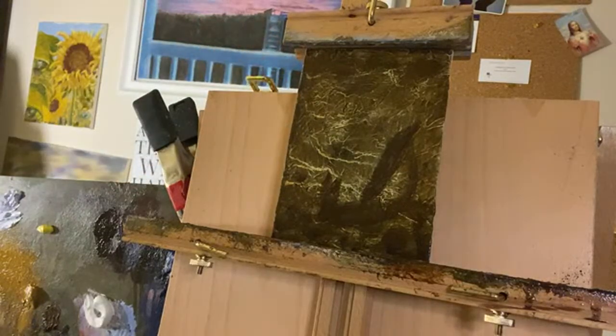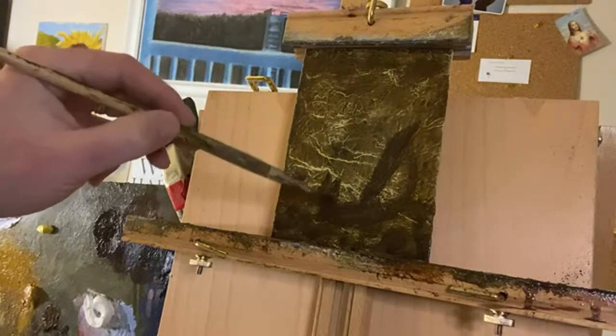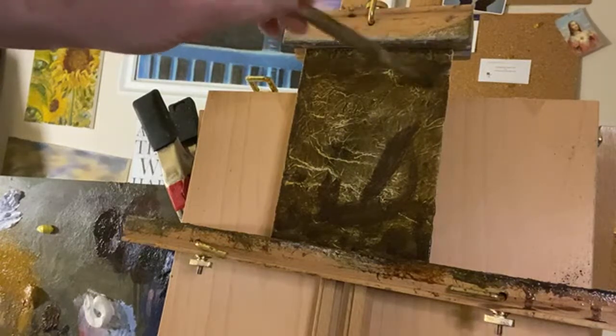Alright, so just the general shape, just sketching it in. We'll refine the shapes quite a bit as we go. I'm going to get some of this lavender